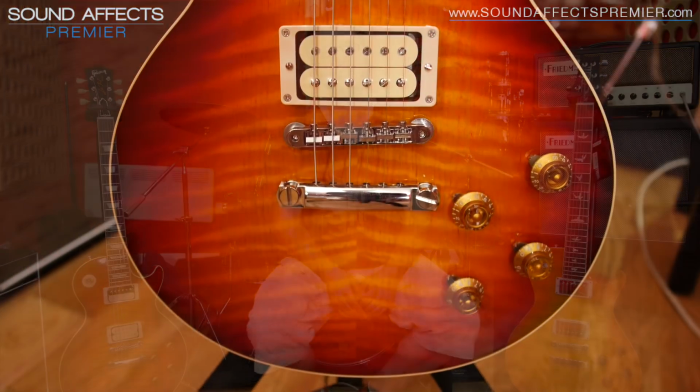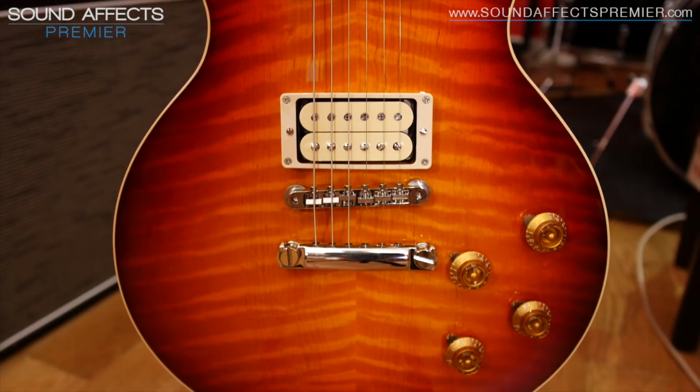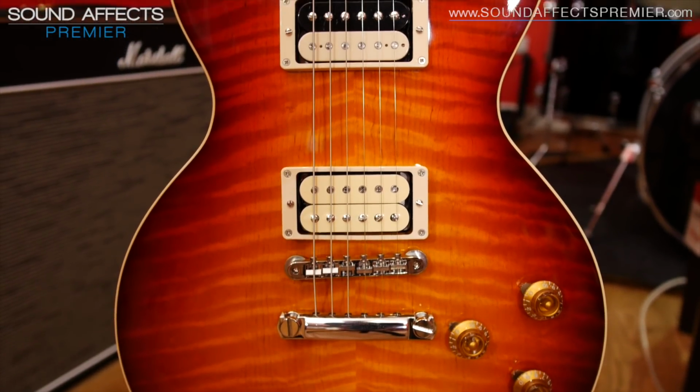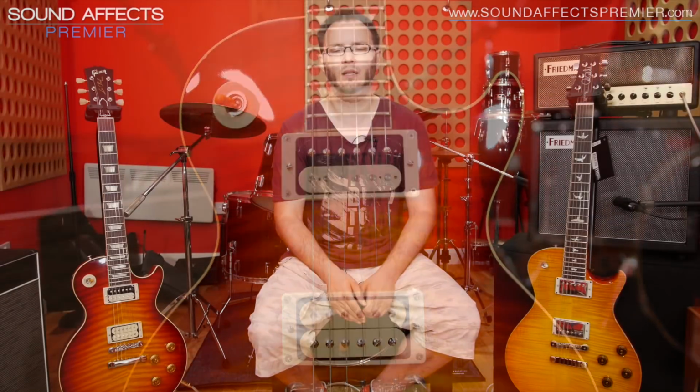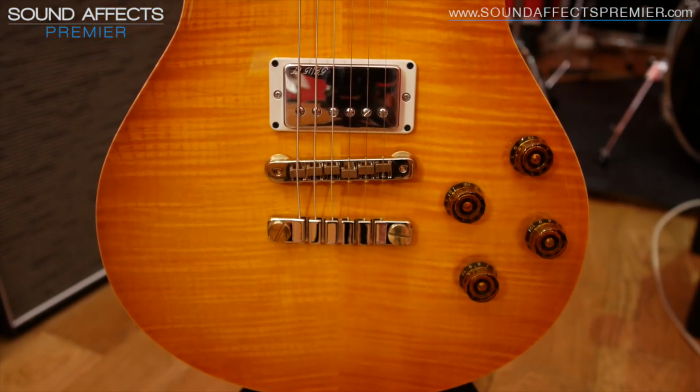You can see I've got two guitars, one on my left and one on my right. The one on my right is a 59 Reissue Monster Flame Les Paul. Very, very high-end Les Paul with about the best flame top that Gibson do. So pretty pricey. And on my left here, I have a single cut PRS 594, which is new for 2017